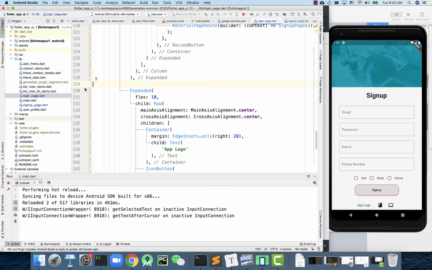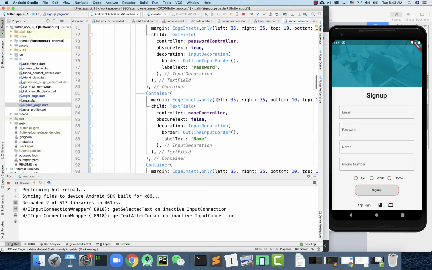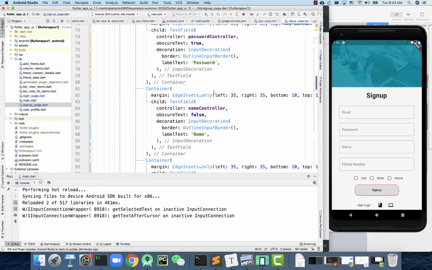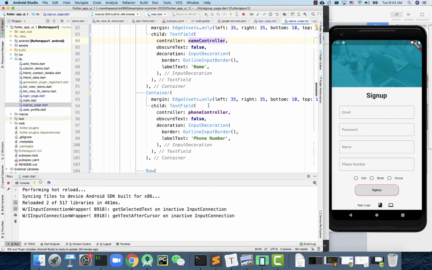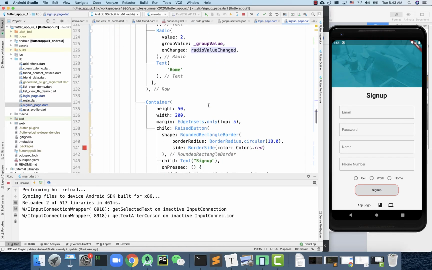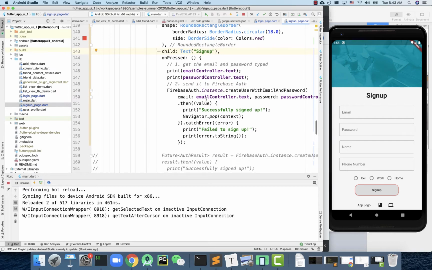All right, so once we fix the UI problems, we can start to actually implement the final sign up screen, with the phone number, name, and also the type of phone here. So we did a radio group here. Whenever you click on the button to sign up, what we do now is actually